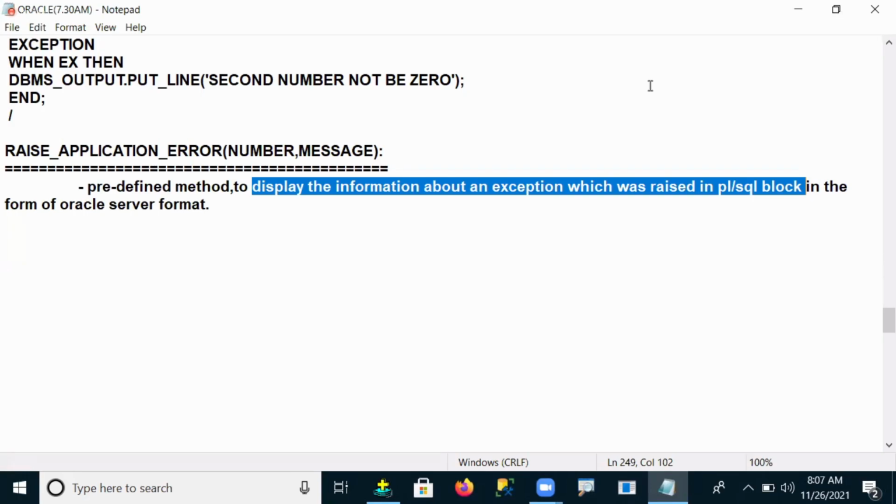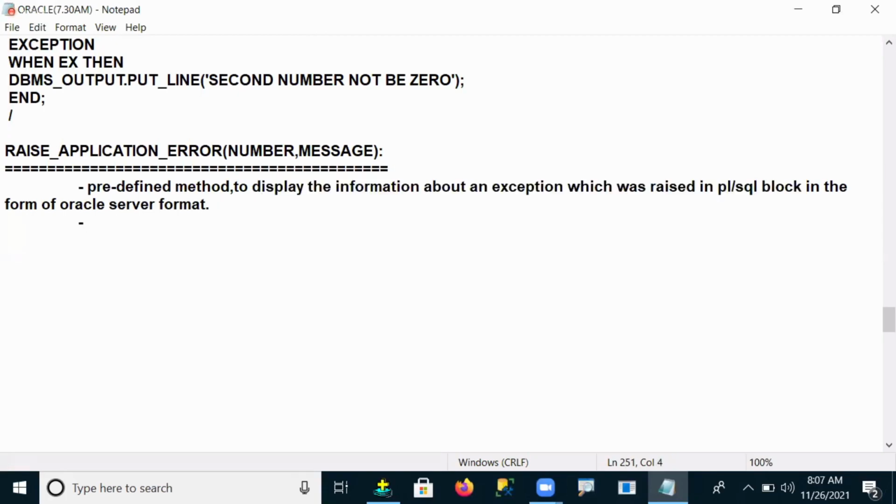Now, this method has two arguments, as I said. One is a number argument, and one is a message argument. So what are the number and the message, sir? Here the number argument is going to return